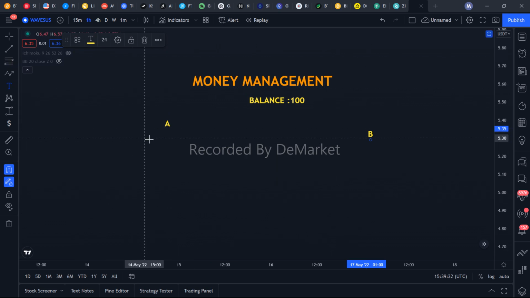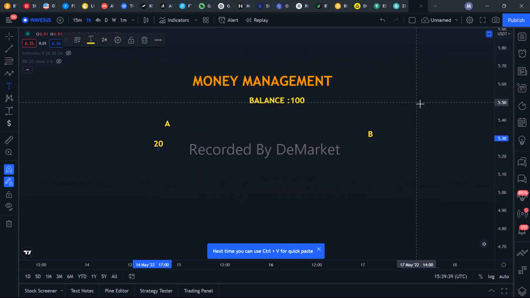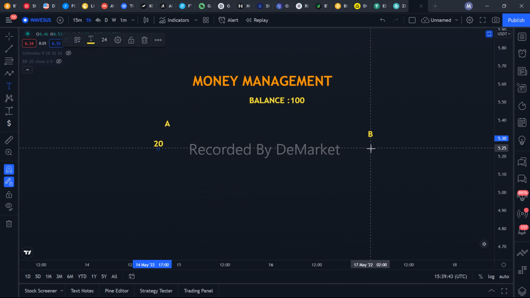That is his own plan, that he should be placing $20 per trade. And trader B, because he knows how money management works and how to manage his account, even though trader A also knows how to manage his account, but that way he uses $20, while trader B